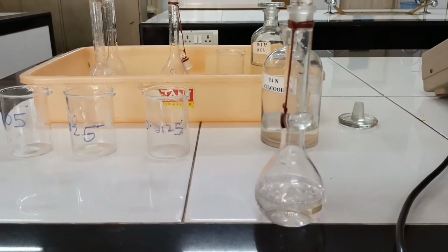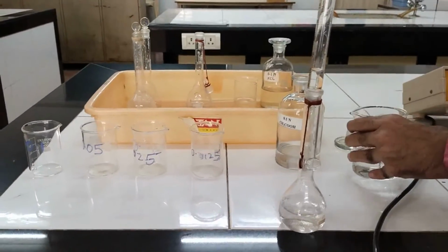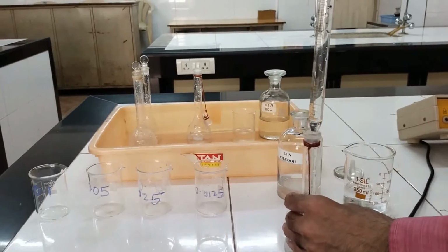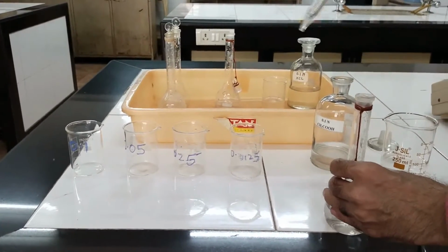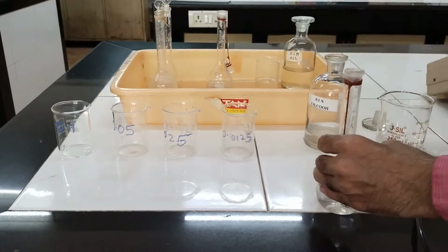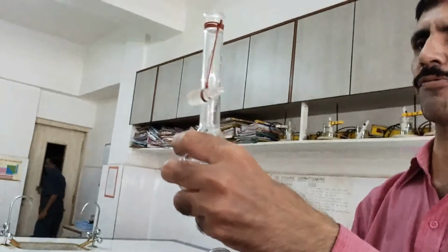So this comes out to be 50 ml of 0.1 normal acetic acid, which is a weak acid. Alright? Now next what we are going to do is, the best technique is you hold the standard measuring flask to